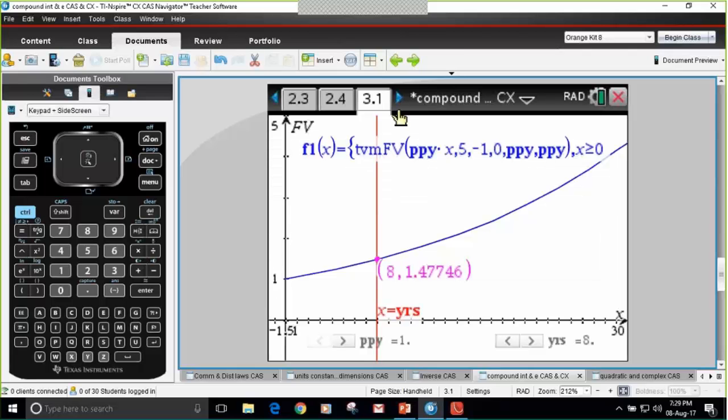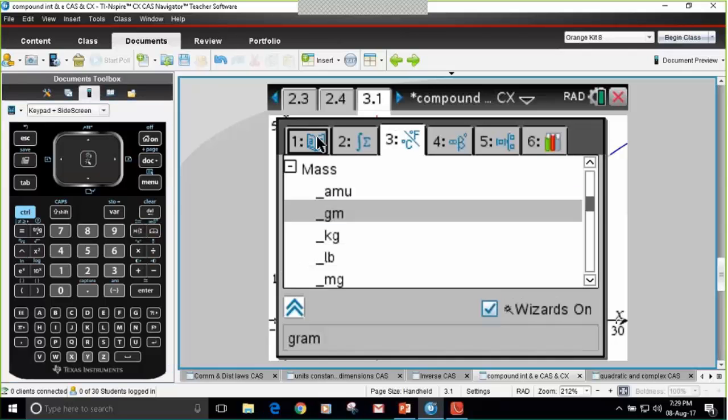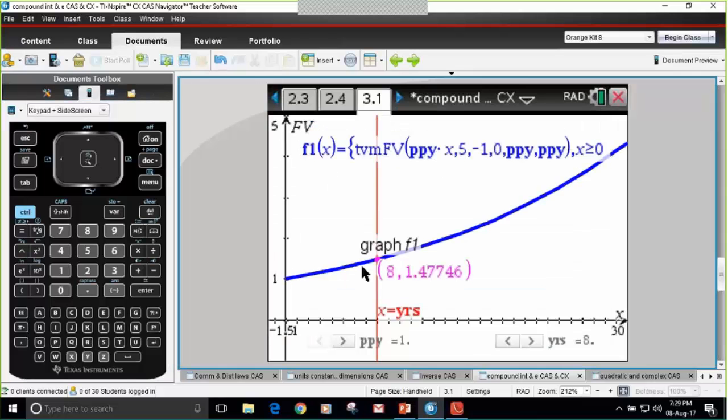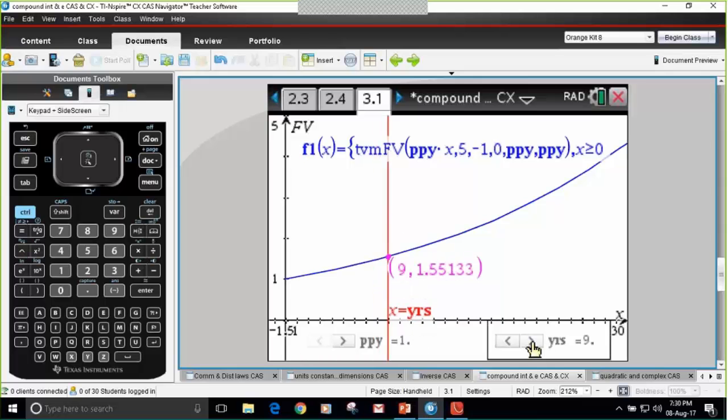Probably another way of doing this is by using the TVM Solver and just inserting that. So if you went to your catalogue, and you can see you've got TVM functionality there. That's the number of payments, the interest rate, what the initial payment was, which was $1, that's a negative one, which is something to remember. The future value, how many payments per year, and whether you've got payment at the end or the beginning, defaults at the end. If you insert that function like that, you can see that as we increase the number of